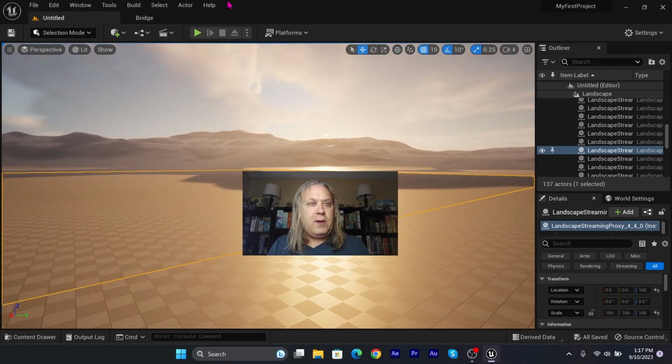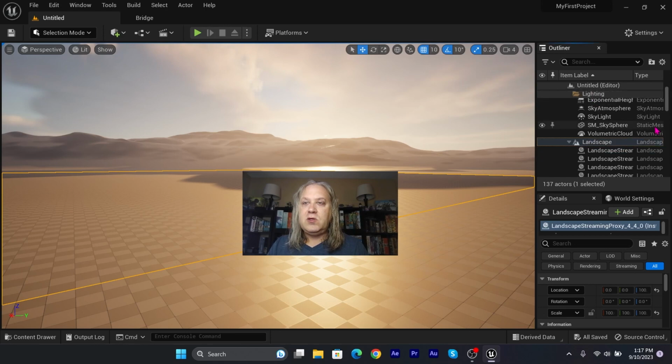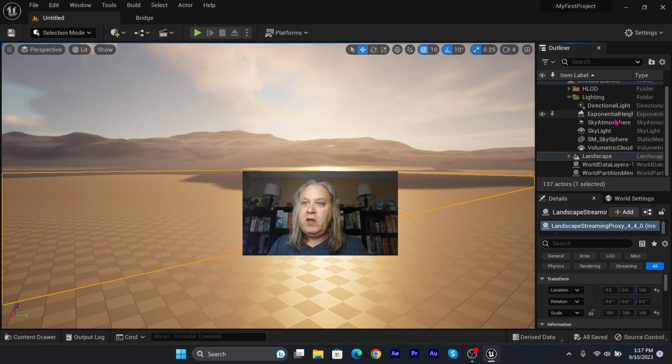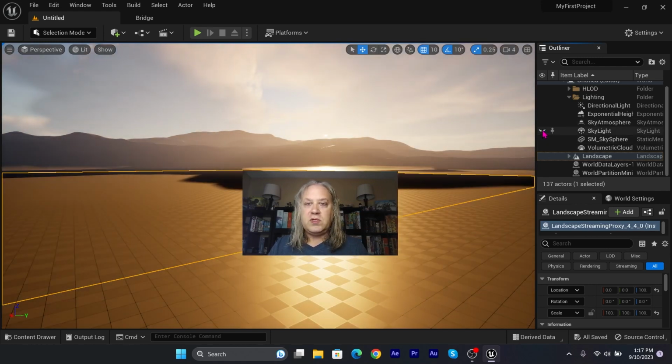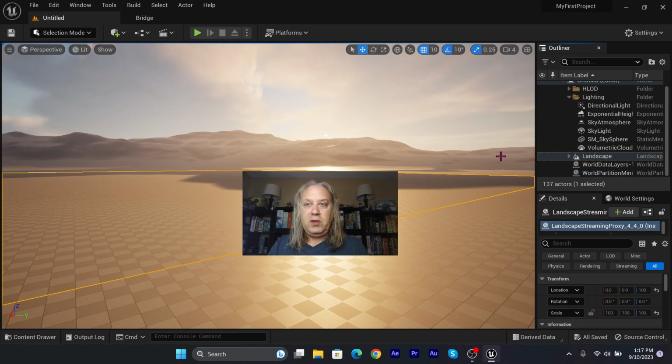Very intuitive. If you've ever played any games, this is going to seem quite natural to you. Now, across the top, we can see some menus. We can see a couple of toolbars, which we will get into. On the right-hand side, this is called the outliner. And this is going to show us all the objects that are currently in our world right now. So we can see a directional light, that's our sun, some height fog, which adds some depth to the scene, our sky atmosphere, skylight, and sky sphere, and our clouds. All of these elements are in here, and we can turn them off individually. So I can turn the clouds off, I can turn the skylight off,